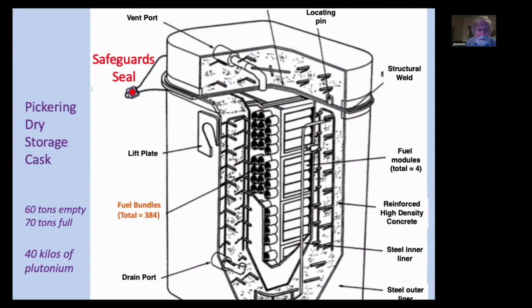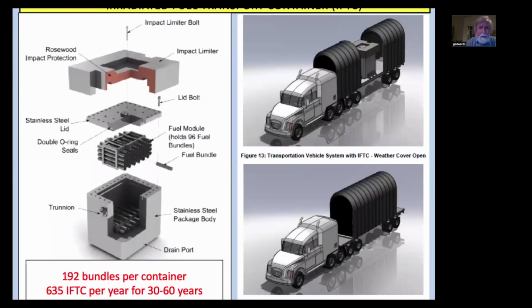Now, plutonium is the stuff that can be used to make atomic bombs, and it has to be very carefully watched. So that safeguard seal tells international inspectors that nobody has tampered with this container. Nobody has tried to get a hold of that plutonium, because that plutonium would be enough to make about 6 or 7 atomic bombs. Now, the irradiated nuclear fuel is then transferred for transportation into a container that is designed